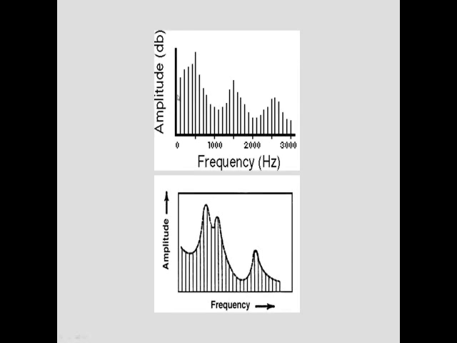And what we would recognize is that there are actually different levels for these different harmonic frequencies that comprise this vowel. Here we see that the tops of those lines are connected, just to give you a better picture of the profile of that vowel sound. Here we've got one that has a pretty high F1, a low F2, and a high F3. That might be like an aw type vowel, I'm guessing.